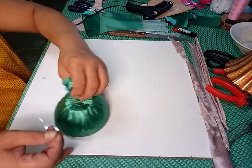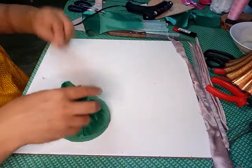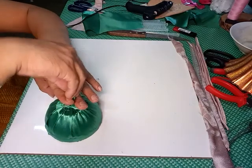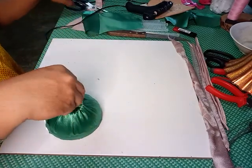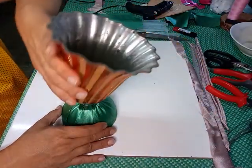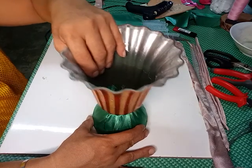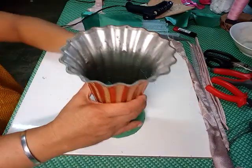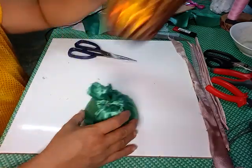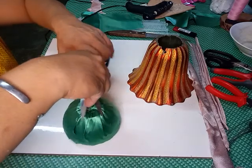So this is it. So now you have the base. Okay, you can remove this one, guys, if you like. Or just cut it a little, or maybe you can leave it already because it is going to be put inside the vase, so it will not be visible. Okay, so now we're going to cut. For me, I need to cut. Okay,